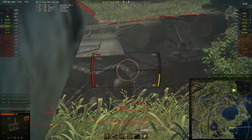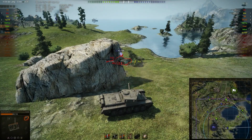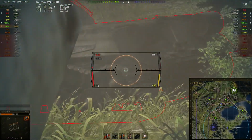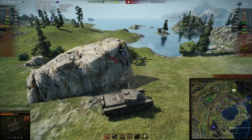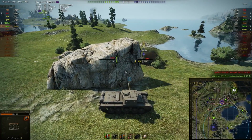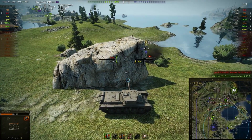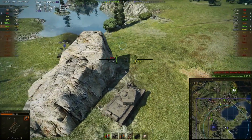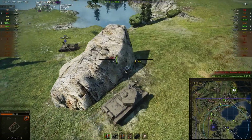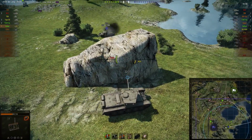Got to be careful. His IS-3 is turning his gun to face, but I think he thinks he can't really hit, so focusing on somebody else. Looks like he's got rear shots on this Type 59 or the IS-3. Sets him on fire now. And this IS-3 has decided that the Comet is actually a dangerous target that he needs to focus on, but he, for some reason, hasn't bought a fire extinguisher and just fully burns there. It'll be interesting to see exactly how many critical hits Radu got on this IS-3,